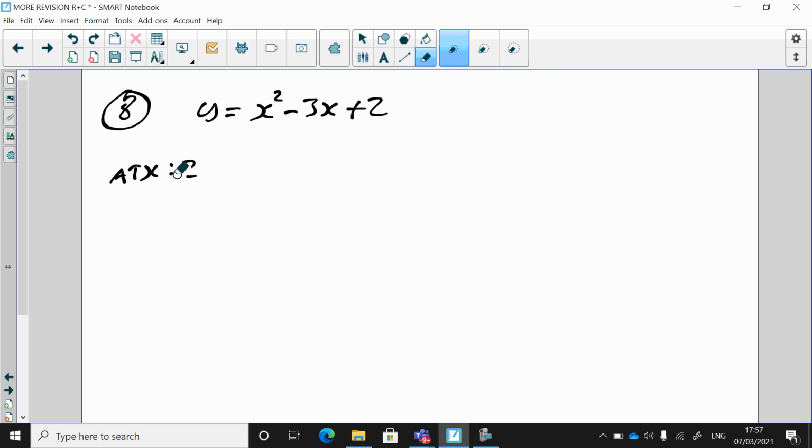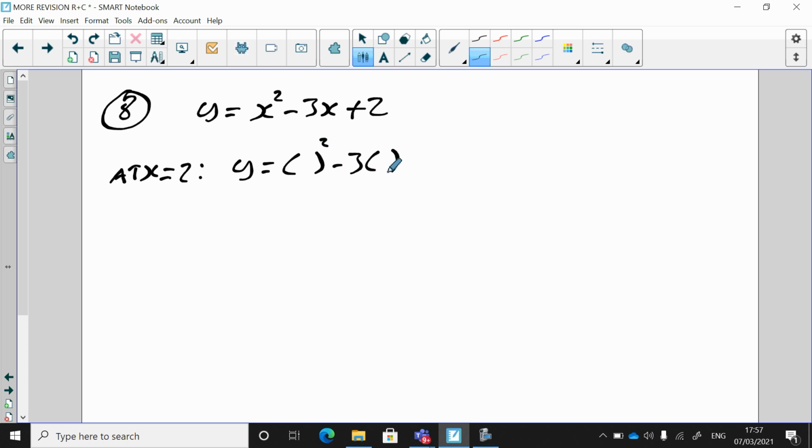So x equals 2, y equals, in place of x, I'm just putting 2 everywhere, so we're going to have 2 going in there, and 2 going in there. Okay, so 2 there, 2 there, and then we tidy up, so 2 squared is 4, 3 2s are